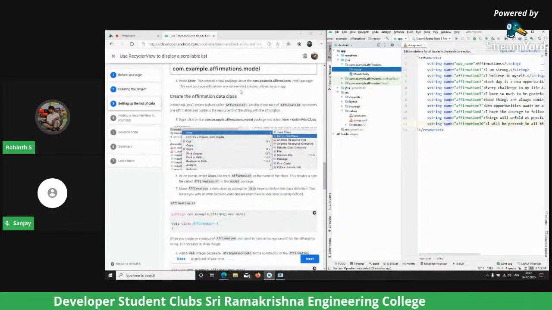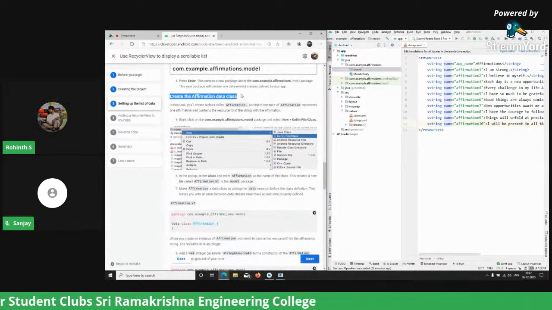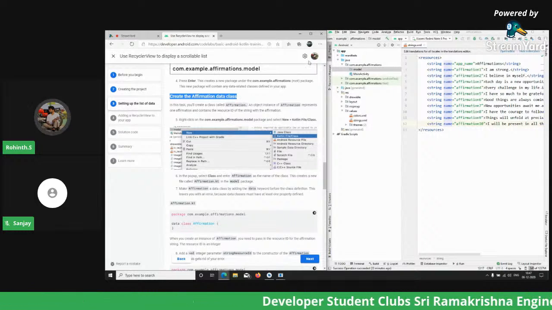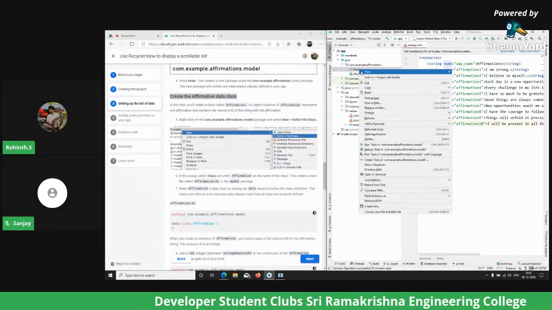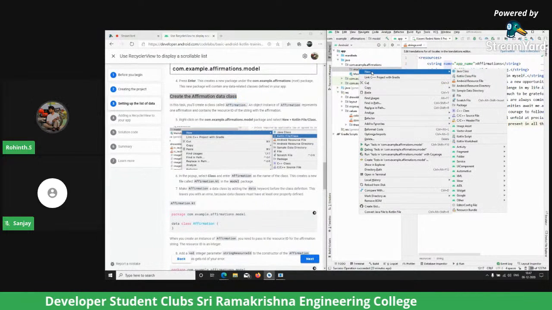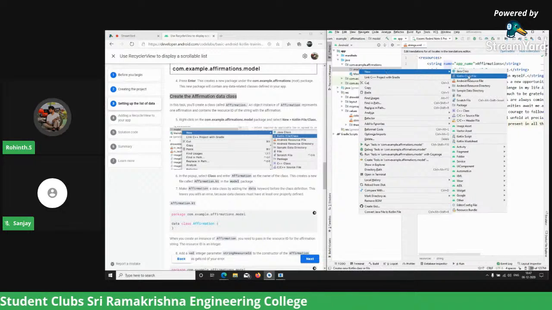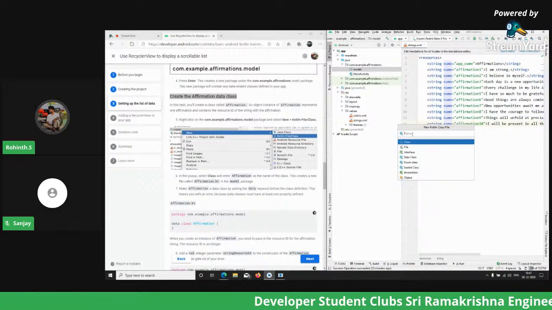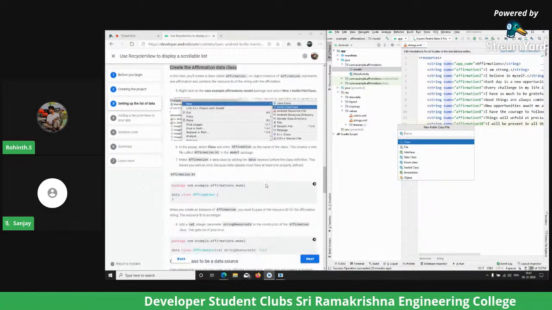Now we are going to create an affirmation data class. Why do we need a data class? This data class holds the data, which we will see further on. We should create a new Kotlin class file. Because we are using the Kotlin language, we are going to create a new Kotlin class file. We should name it as